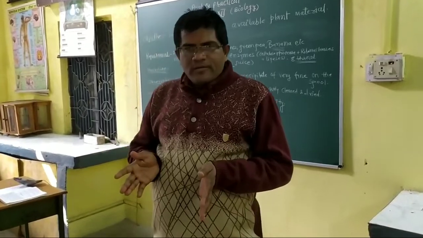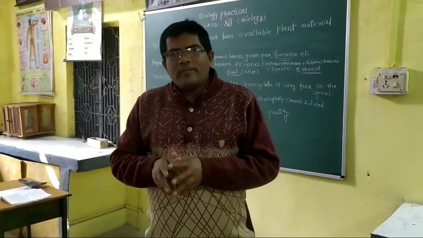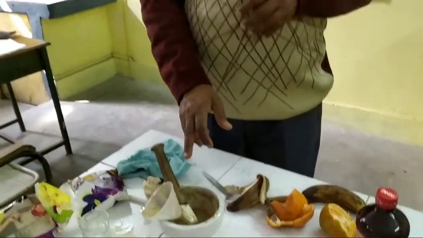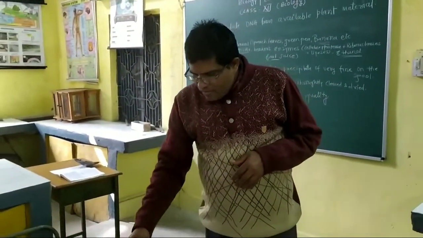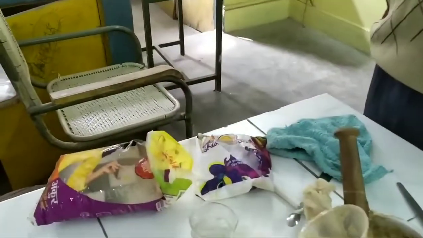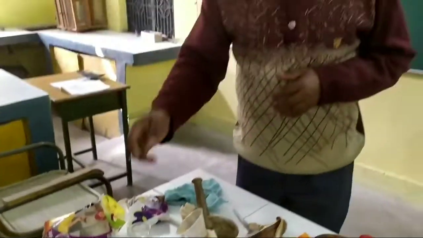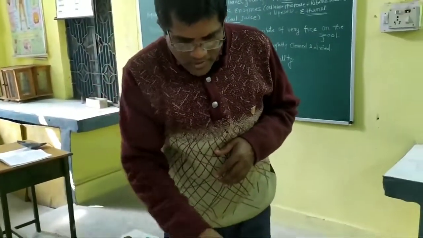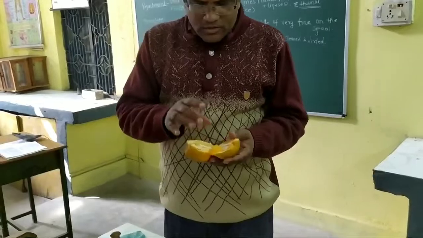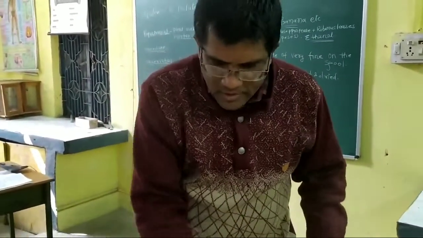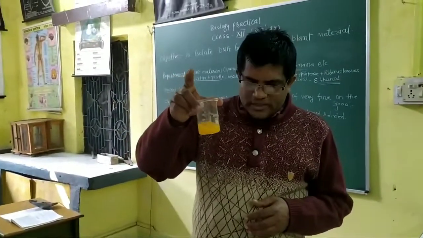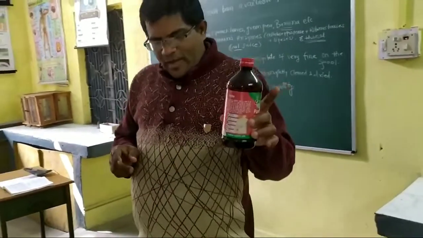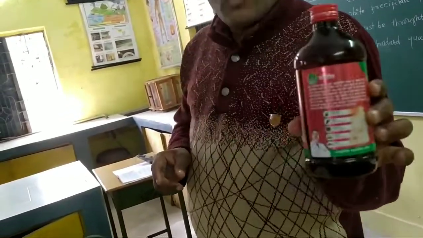So what we have done? Let me repeat the process. We have taken the banana and ground it up. While grinding, we mixed some detergent as well as salt, and we ground it up and filtered, and this is the filtrate from the banana. At the same time we have taken the fruit, this orange, and collected the juice of the orange. And then we have the other enzymes also, taken from the Jen2 Panchalis.